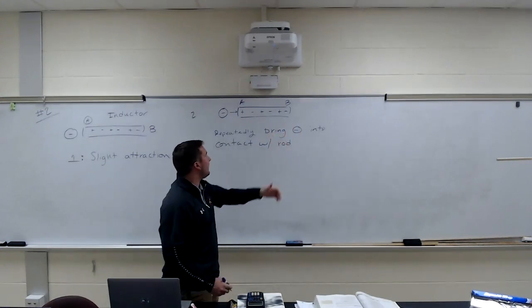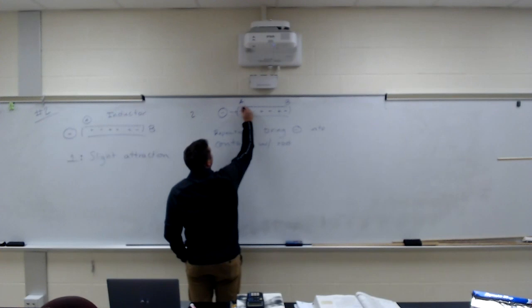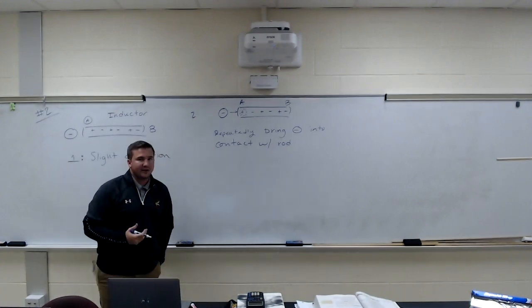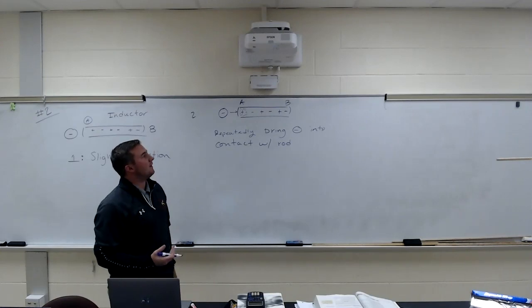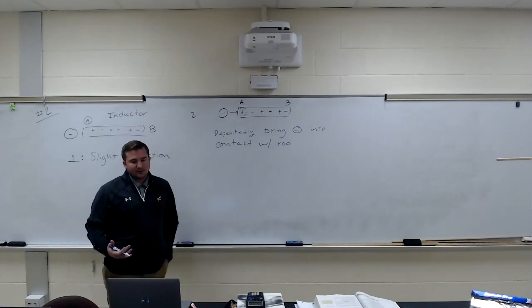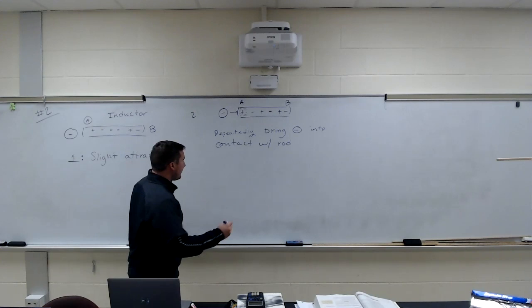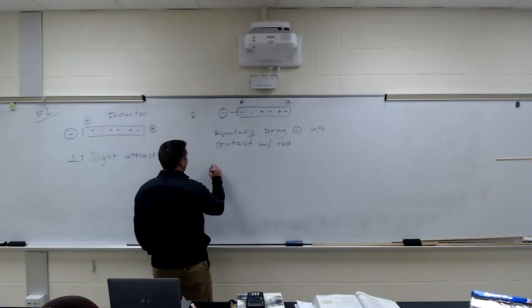So they just get stuck, and we end up with a whole bunch of negative particles, negative, negative, negative, negative, right? We end up with a whole bunch of electrons just stuck on that left side, on the A end of the rod. So when we look at the answer here, we end up with negative charge on A,